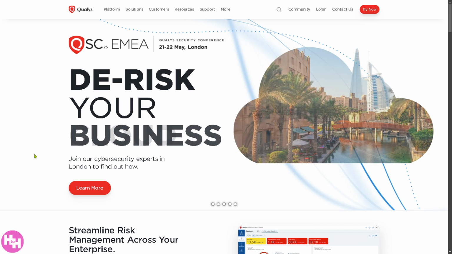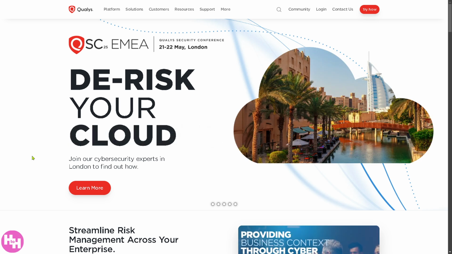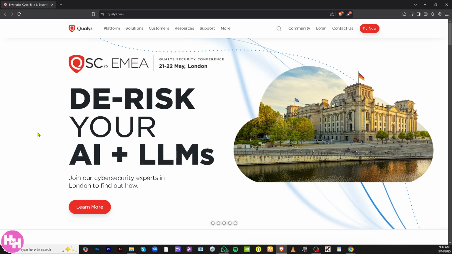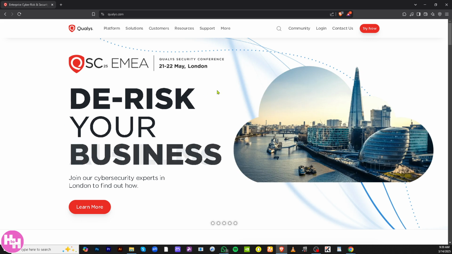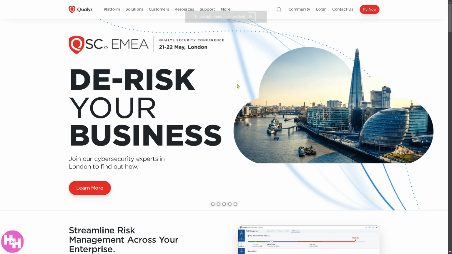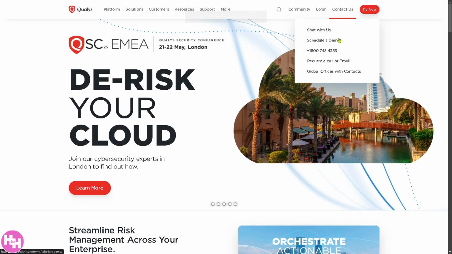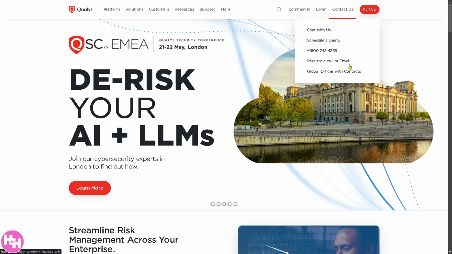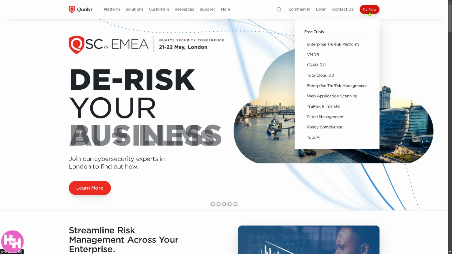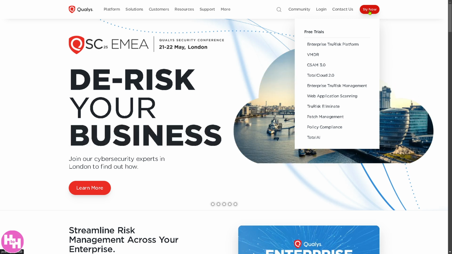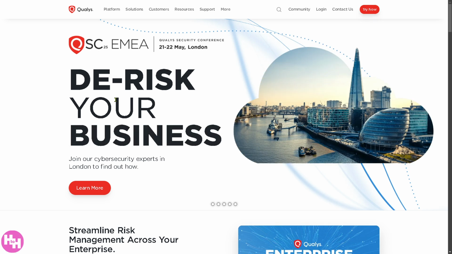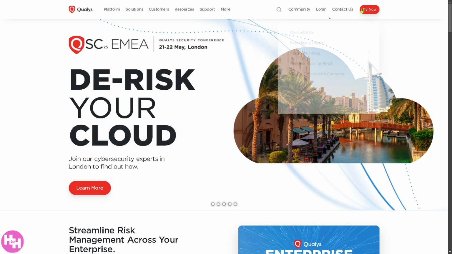Now, the first thing that you should do is to visit the official website, which is going to be qualys.com. From here, you have two options. You can contact the Qualys team for any information that you want. You can chat, schedule a demo, request a call or email, or I highly suggest you click the Try Now option. This will forward you to a specific page